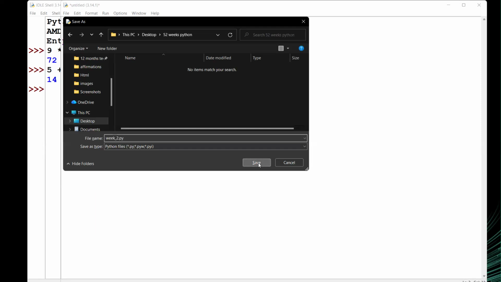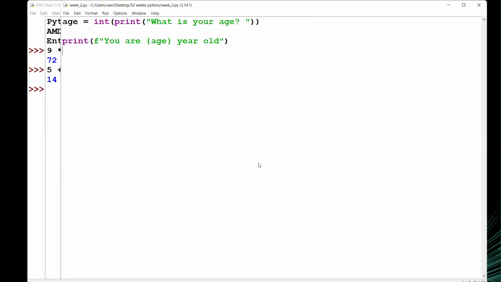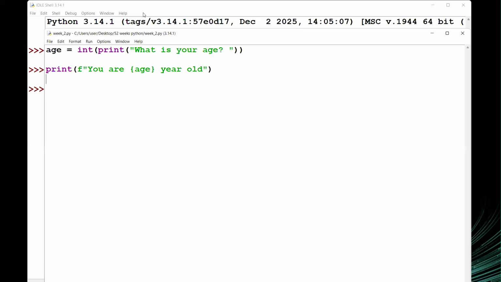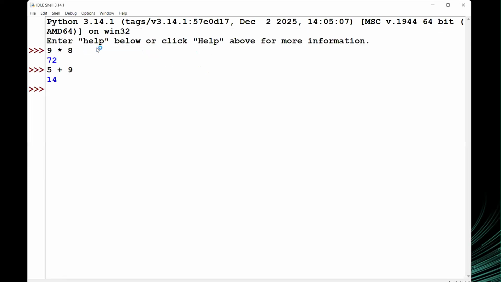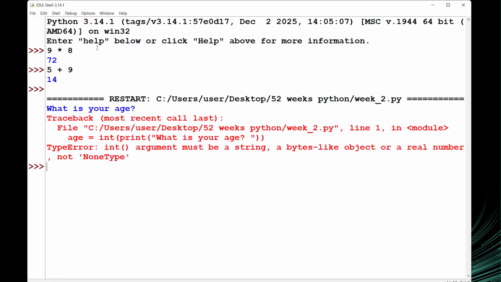So I'll go on and click save. Now this program is saved in my 52 weeks Python, and the name of the file is week_2.py. So if I want to run it now, I can click on this run. I can look at the file that is open here. So I can click on run and click on run module, or I press F5. Whether I click this one or I press F5 on my keyboard, this will run. So if I press F5, oh,